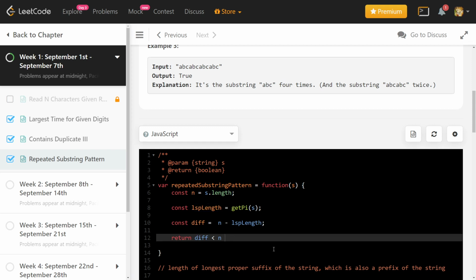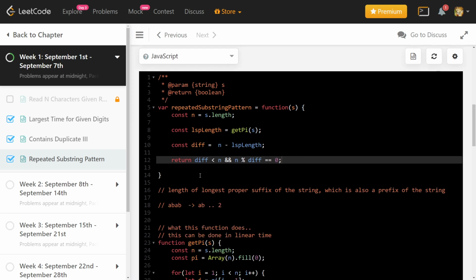And n should be divisible by diff. So this is what solves this question.